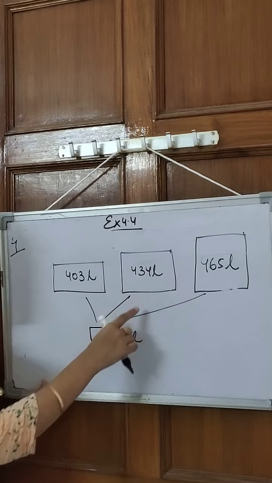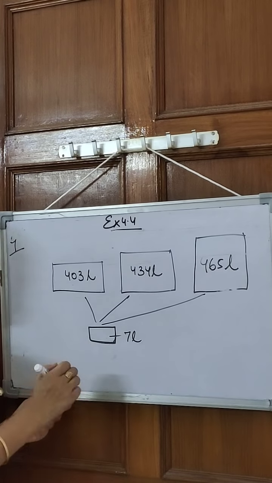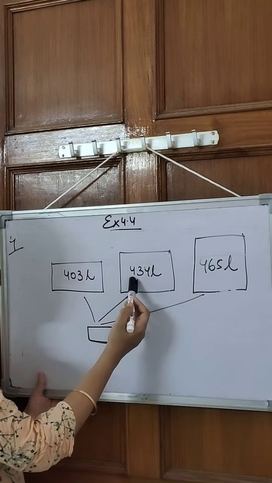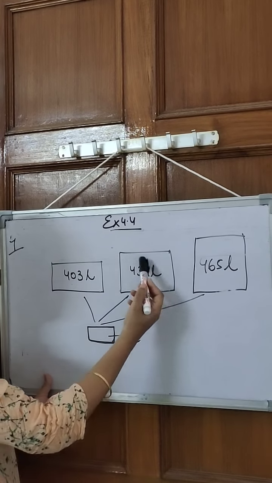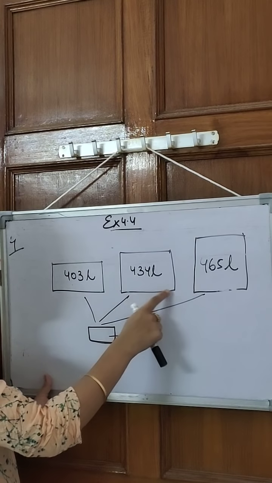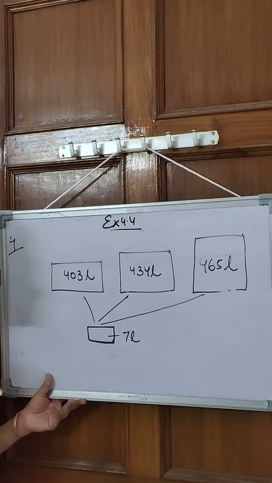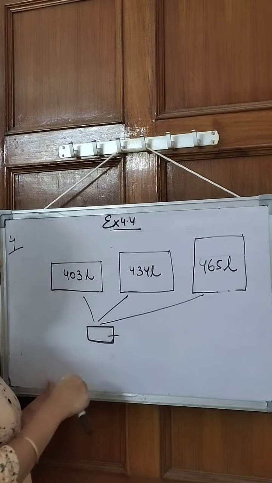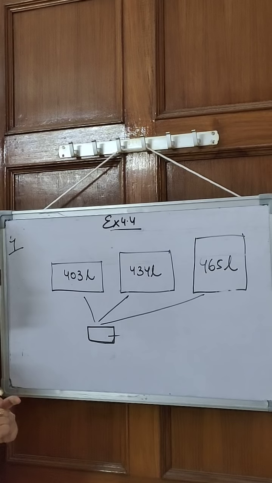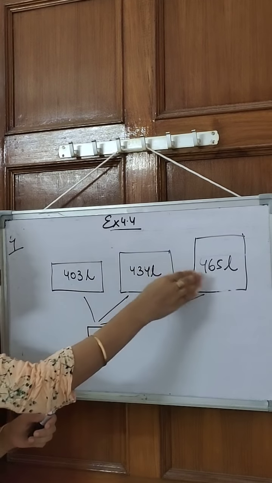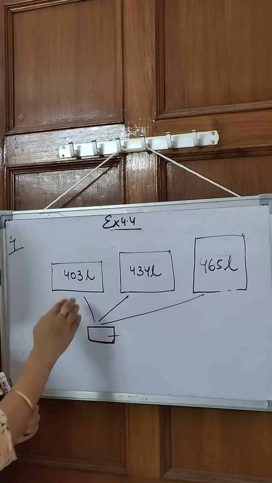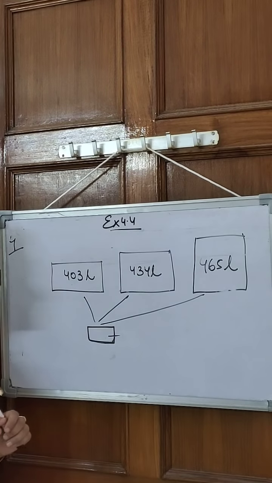Similarly in the second case, suppose I take 7 liters, I will start measuring and keep measuring till this container is completely empty. Similarly for the third case. What they want is that when you do this, there should be no diesel left in it. It should be exactly divisible. When I measure, the container should be completely empty.